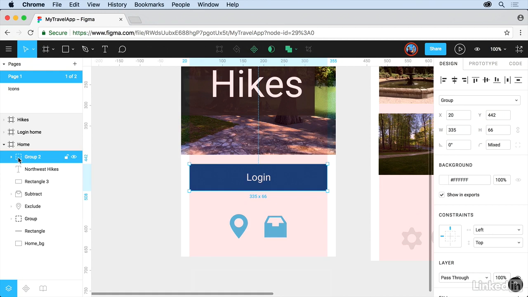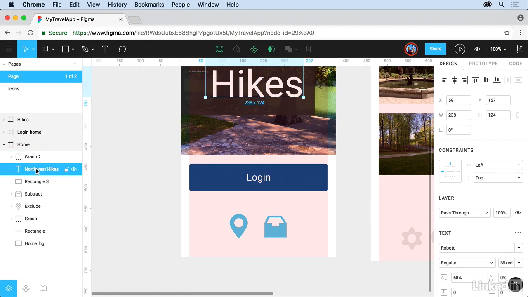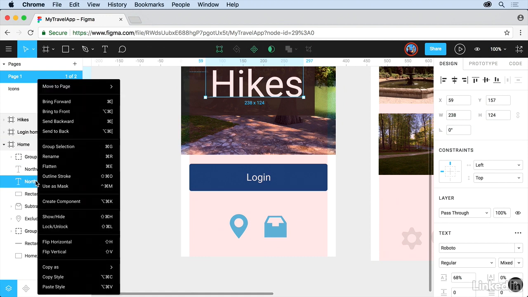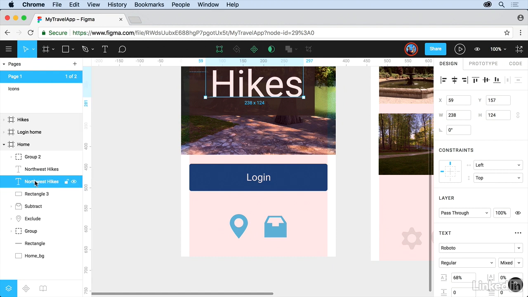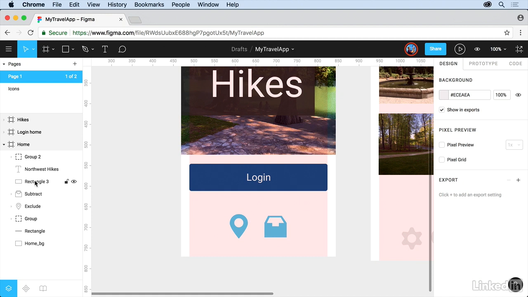Like other applications, if you want to take an object, you can duplicate it by Option dragging on Mac or Alt dragging on Windows to make a copy. Now, I don't want to do that, so what I'm going to do here is right-click on that object, and you'll see we've got a lot of things we can do here. I just want to delete this, so I'll press Escape. I don't see delete in there, so you can press Backspace or Delete to delete it. So the Layers panel is really pretty straightforward, something we're going to be using quite a bit.